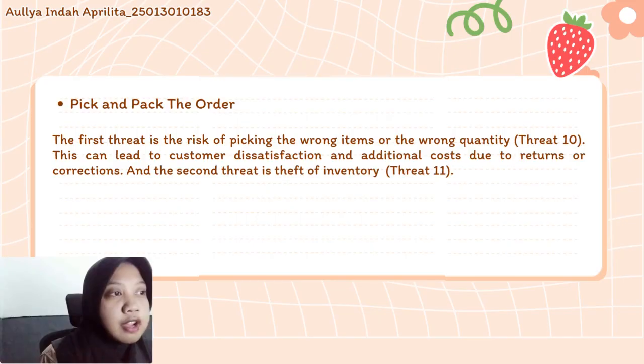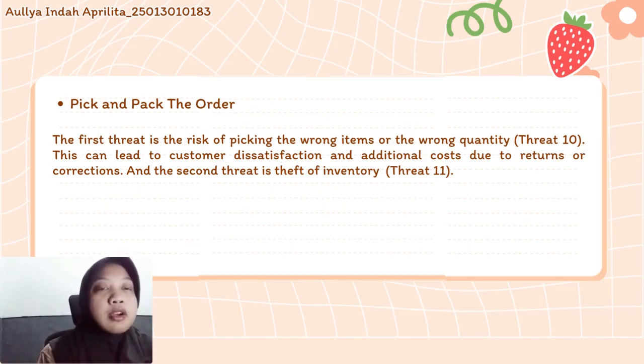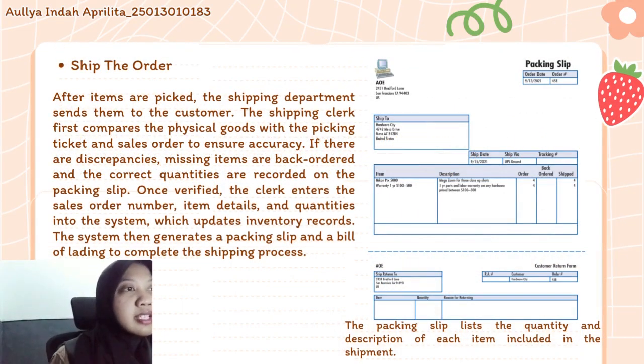And then 11.5, control shipments to one-time customers, to prevent the use of fake customers to hide the theft identity. And then 11.6, periodic physical counts and reconciliation, to make sure the inventory is regularly counted and compared with records. These controls improve both security and accountability, and prevent Threat 11 from happening during the pick and pack the order process.